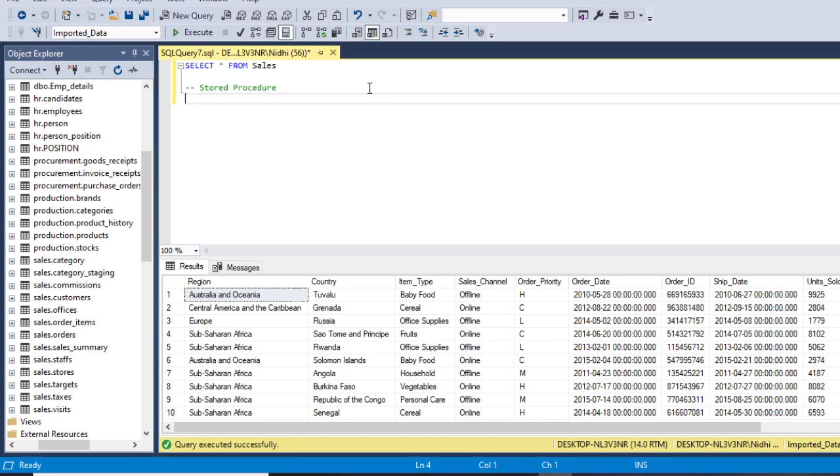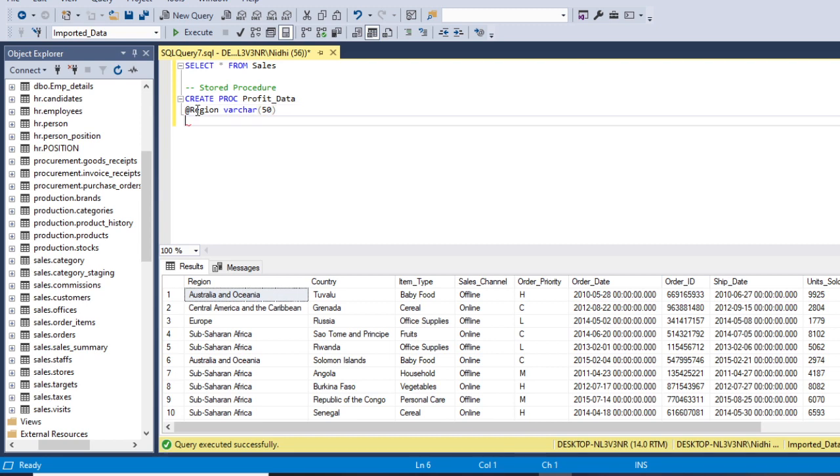So to create a stored procedure, we write the create command. So create, then procedure, then we will give the procedure name, which is profit data. Okay, and now here the user wants to see total profit for all the countries where the region is the region passed by the user only. So for that we will create a parameter. So we will create a parameter for region, and the data type of region is varchar.